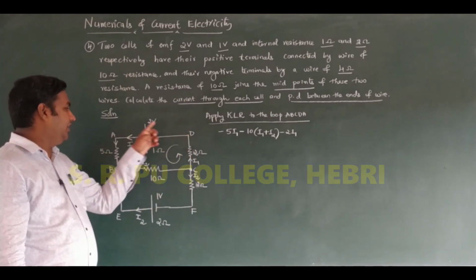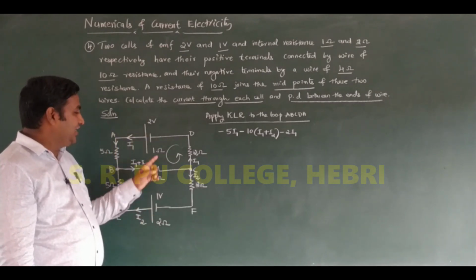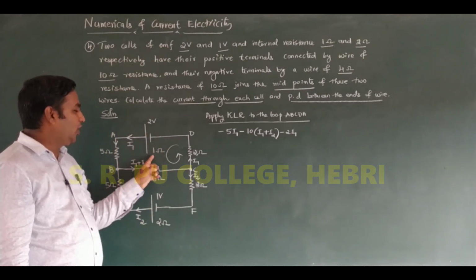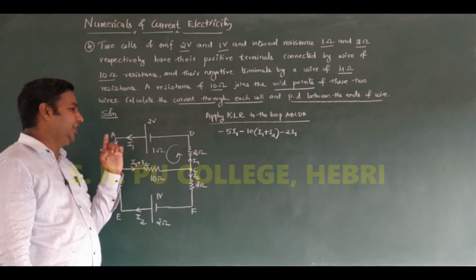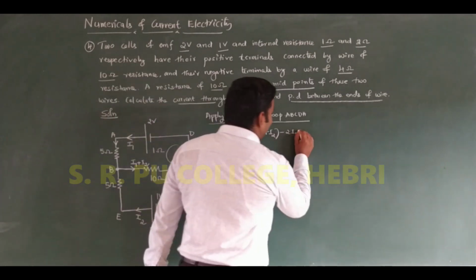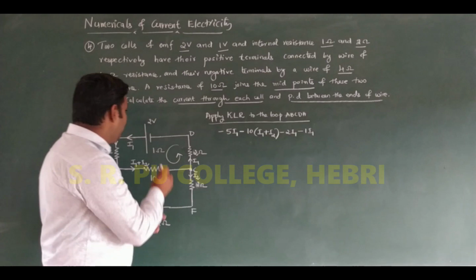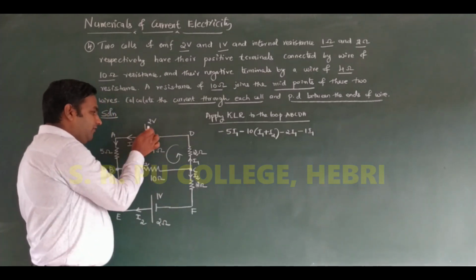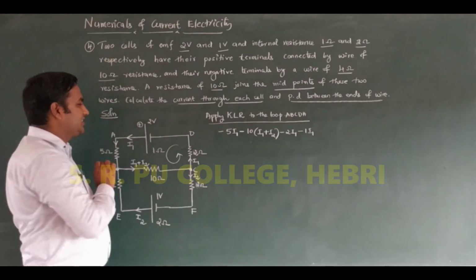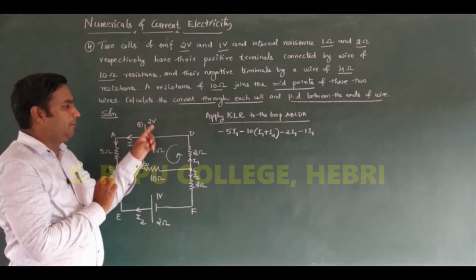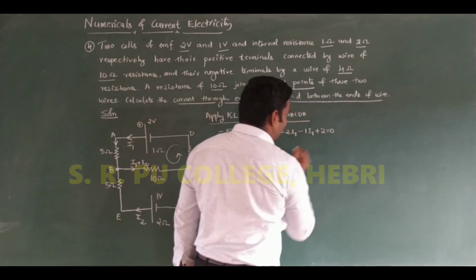Then you have to move from D to A. Along my path, the current is there. Here the internal resistance is 1 ohm, given in the problem. Automatically it becomes 1 into I1 along my path. Again it is negative: minus 1 into I1. Again I am moving from D to A. The first terminal is negative, and for the second terminal you have to count: what is the second terminal? Positive. Automatically it becomes plus 2, and the sum is equal to 0.